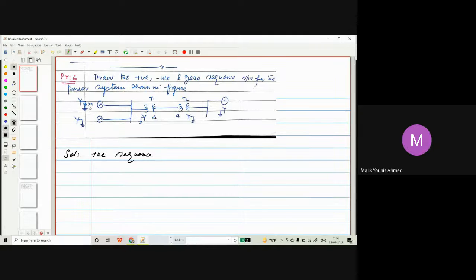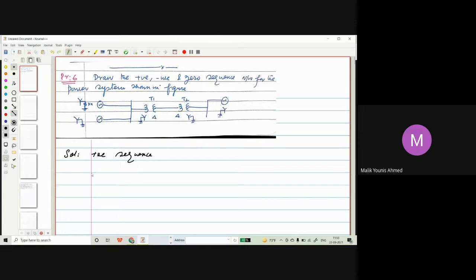By reactance Xn, so 3Xn will be added to the generator. 3Xn will be added only in the case of the transformer. That has to be seen when we are going for the zero sequence. Zero sequence is very important. But positive sequence and negative sequence, grounding doesn't have any impact, as I have told you already. So the positive sequence for this will be,